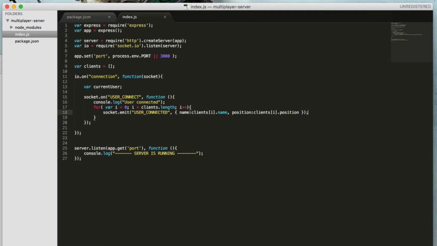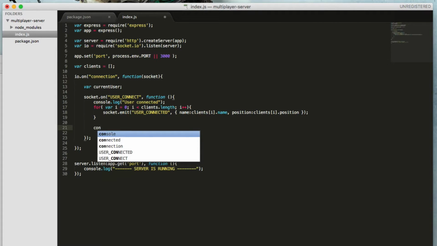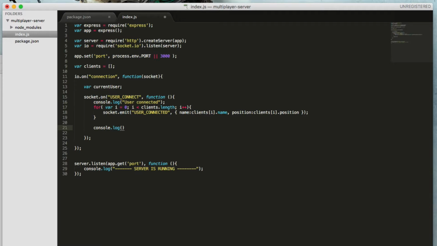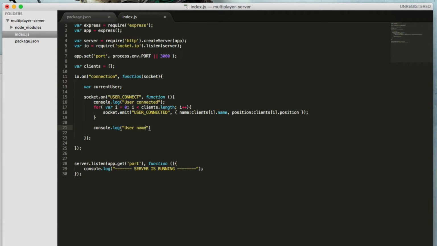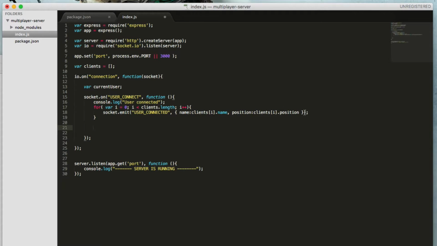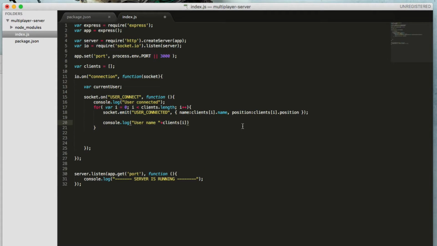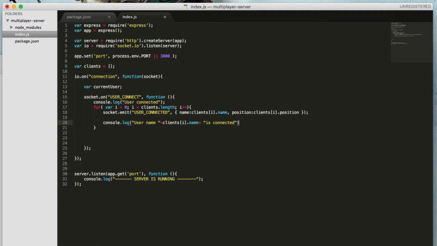That's enough. And for the next line of code, I will console.log user name client number I. Oops. Client number I dot name is connected. Okay, and the next